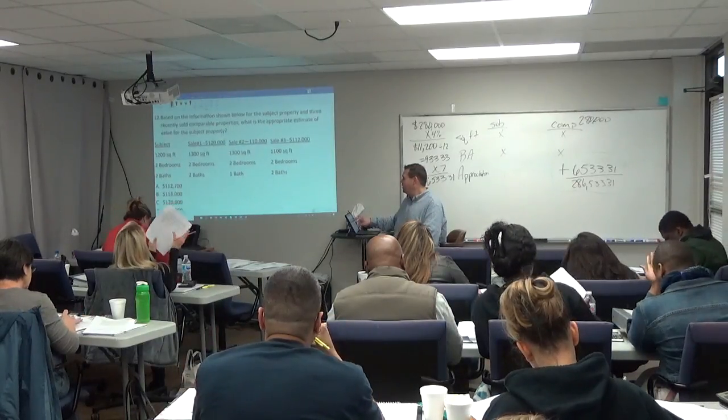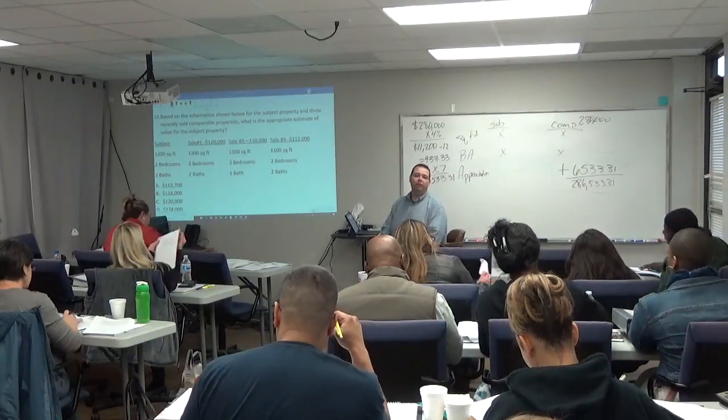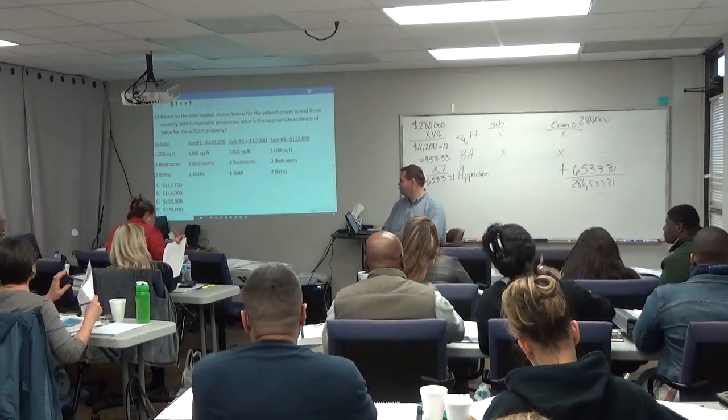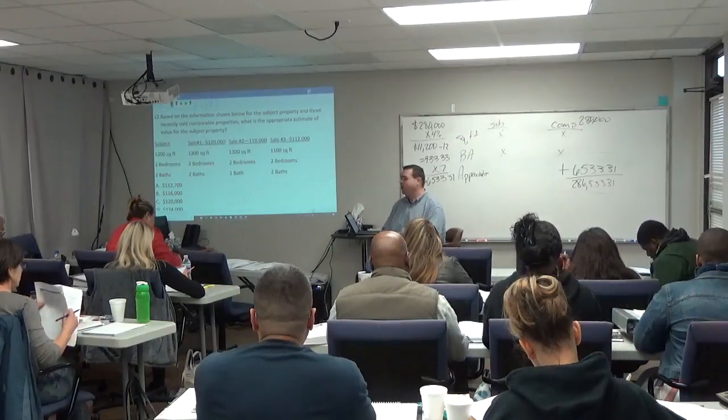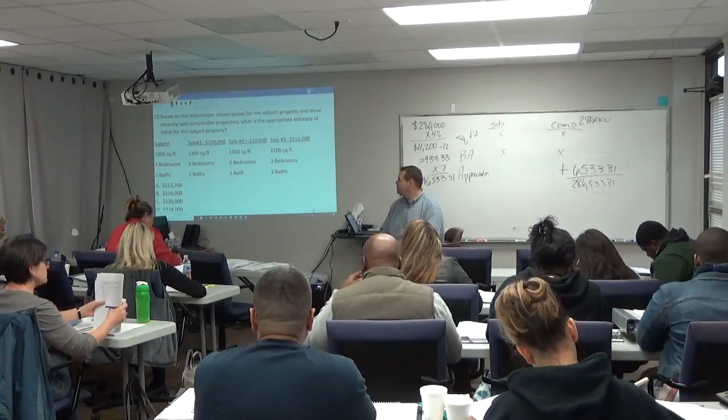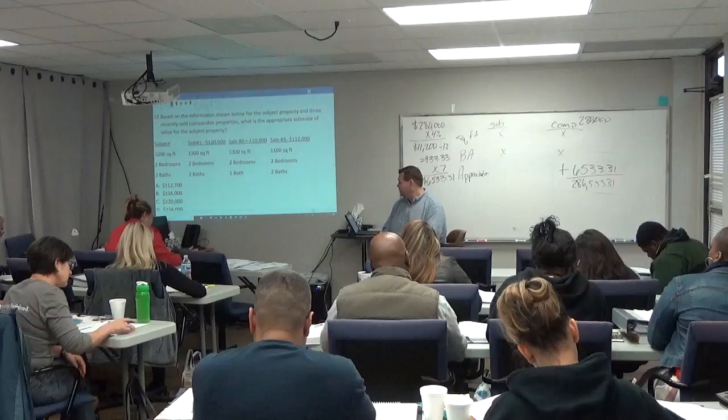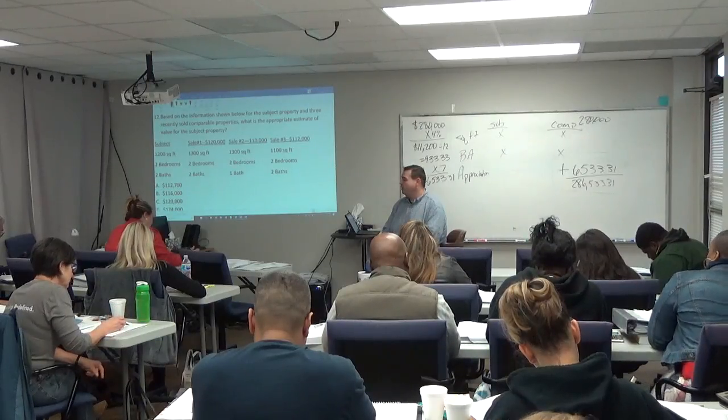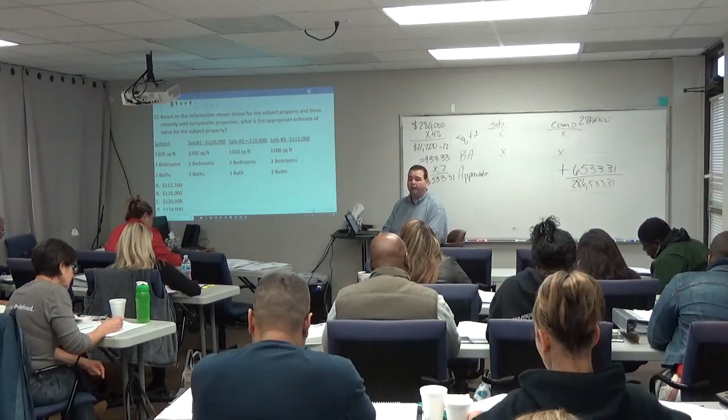Alright? Then number 12. Look at number 12. It's just your everyday run-of-the-mill CMA question. You got 3 comps. It was even nice enough to put it in a little table for you. You didn't have to do any work there. So,